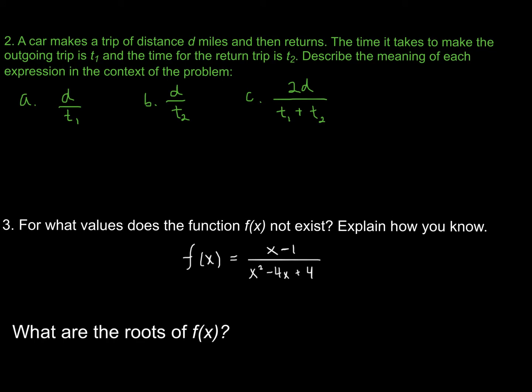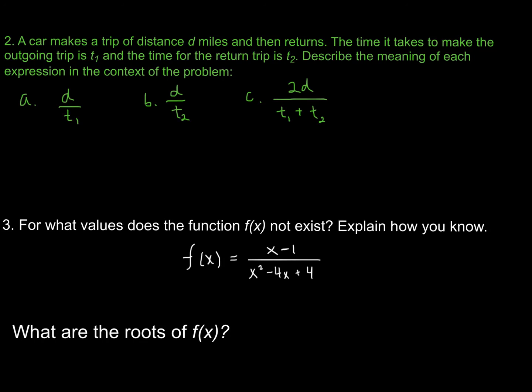So for part A, we have d divided by t sub 1. Remember, d is the distance that it takes to go to that place. T sub 1 is the time it took to get there. And so you want to think about what information that would tell you if you took d and divided by t sub 1. If you're struggling with this, I would recommend giving these variables some actual values